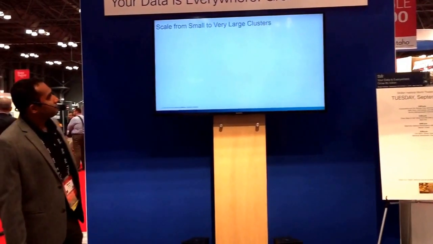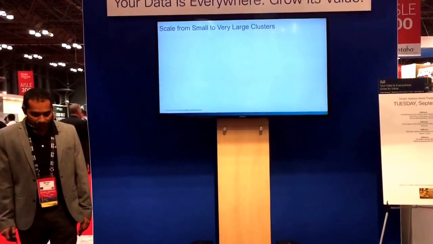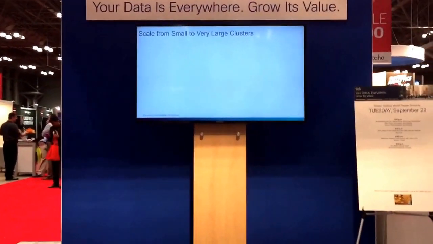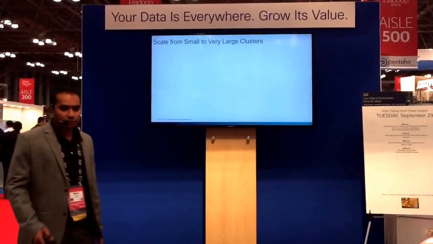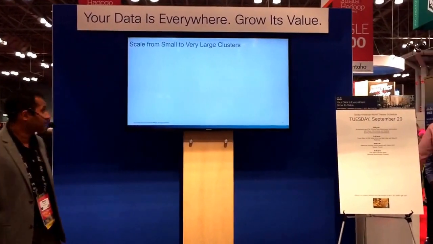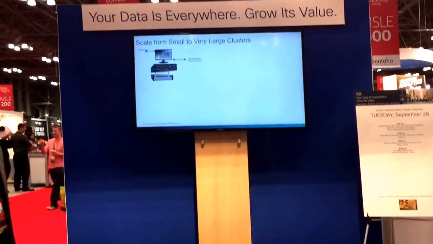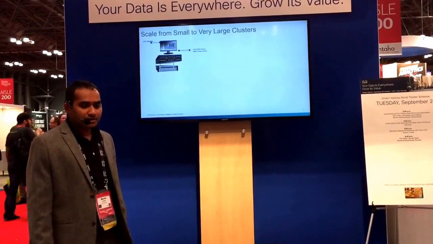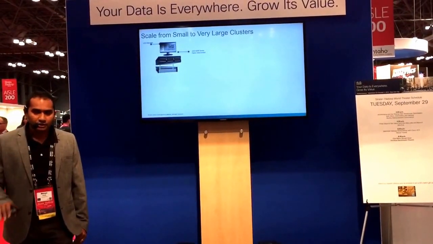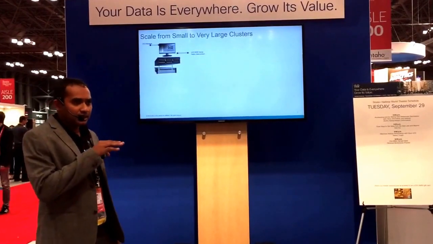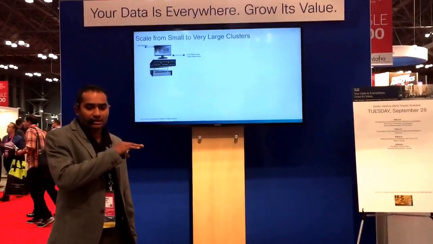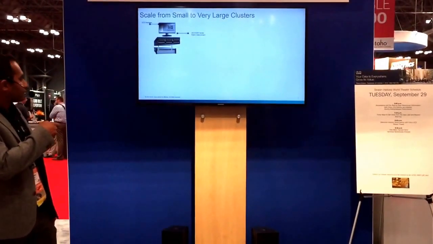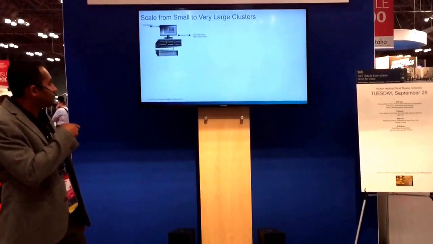With UCS, we definitely focus on scaling, because in Hadoop you buy 10, 12 or 20 servers, and then within a few months you move to 200 or 1,000 servers. So scaling is an important part. In UCS Manager, I'll quickly go through this. We have something called a service profile. We abstract all the components from the hardware level, UUID, MAC ID, everything, and configure that into the service profile. Those reside in the Fabric Interconnect, and you manage all your servers and all their components from the Fabric Interconnect.